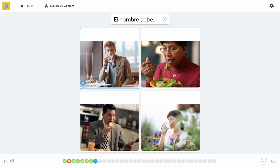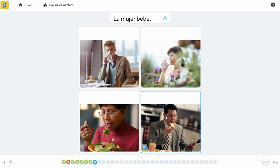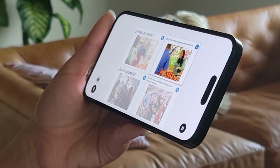Now, the first thing we should talk about that's a huge plus for visual learners is Rosetta Stone's visually oriented lessons. Your core lessons you complete every day will always include images, whether you're matching a word to an image or speaking and having your pronunciation graded with their true accent speech technology. If you're a visual learner, you'll get a lot more out of these lessons than the usual text-based approaches of